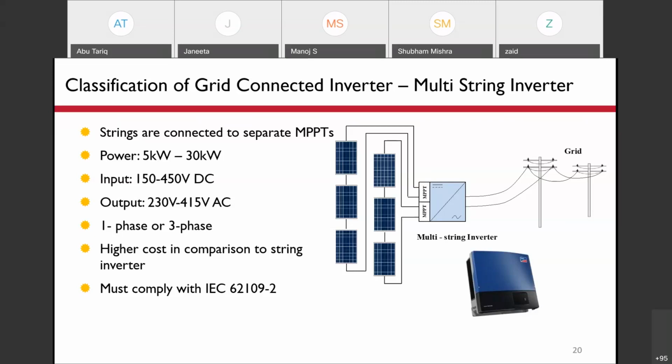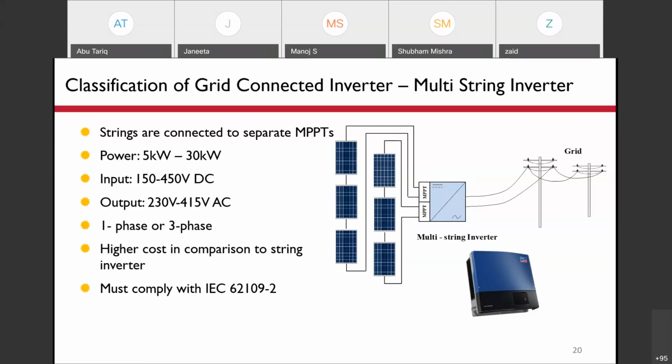So you can say that the energy yield in this case will be higher than the energy yield in the previous case, because in the previous case some modules might be operating far from the maximum power point. In this case, the power rating may vary from 5 kilowatt to 30 kilowatt, and the input may be 150 to 450 volt DC.